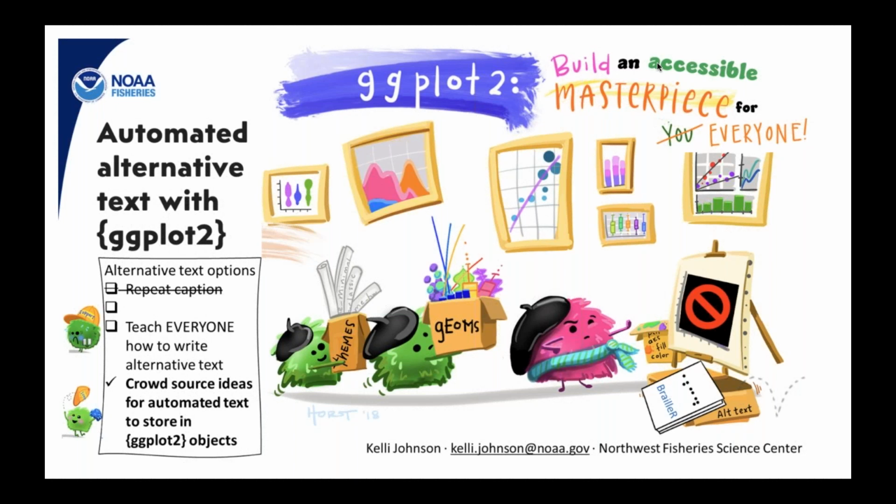The third option is to teach everyone creating documents how to write alternative text that's actually helpful. This is a really, really big task, and there's lots of rabbit holes, and what is good alternative text is still a bit hard because every individual user interprets it in a different way, the same as your eye interprets things in a different way.